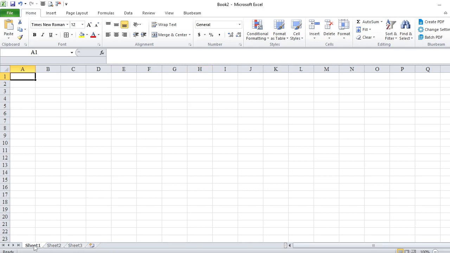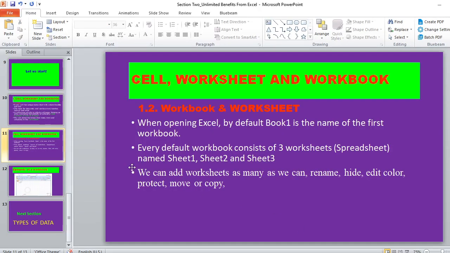By default it has 3 sheets, but you can add or delete these sheets. So with a 3-sheet workbook, we can add worksheets, and also hide, rename, edit, color, protect, move, and copy.